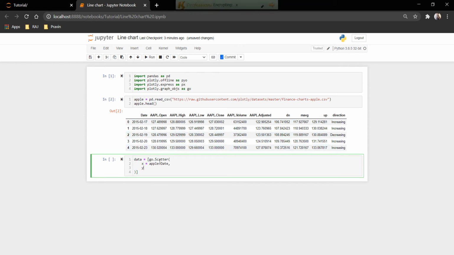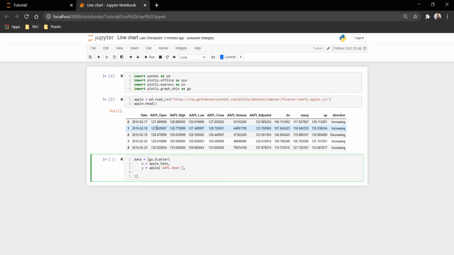And for the y we will select apple dot, let's go with open. Located Apple dot open, and then